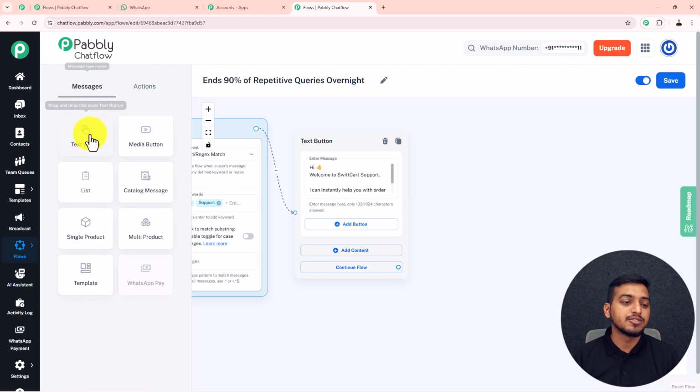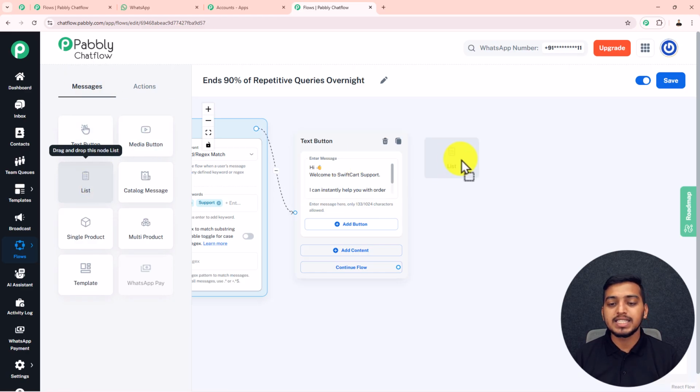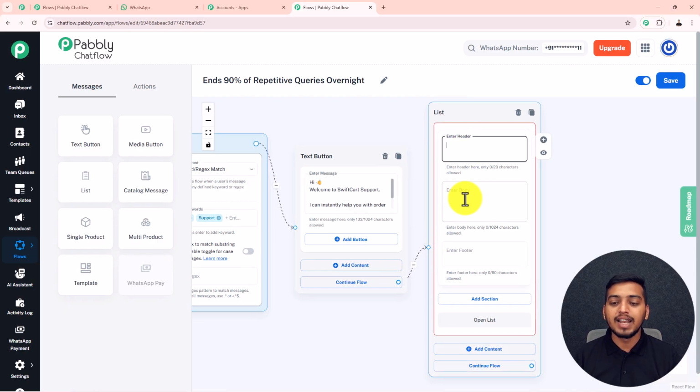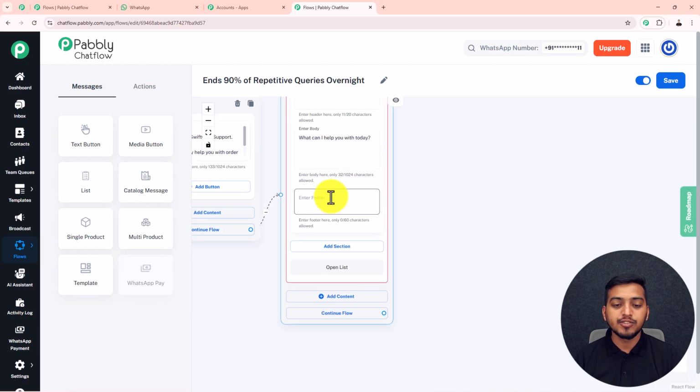So from this message features here, we just have to drag this list and drop it in here. Now first of all, I will connect both of these following circles to continue our flow. Then in here I will enter the header, body and footer of my list. Here I have added this header and body inside my list, and I have skipped this footer as this is